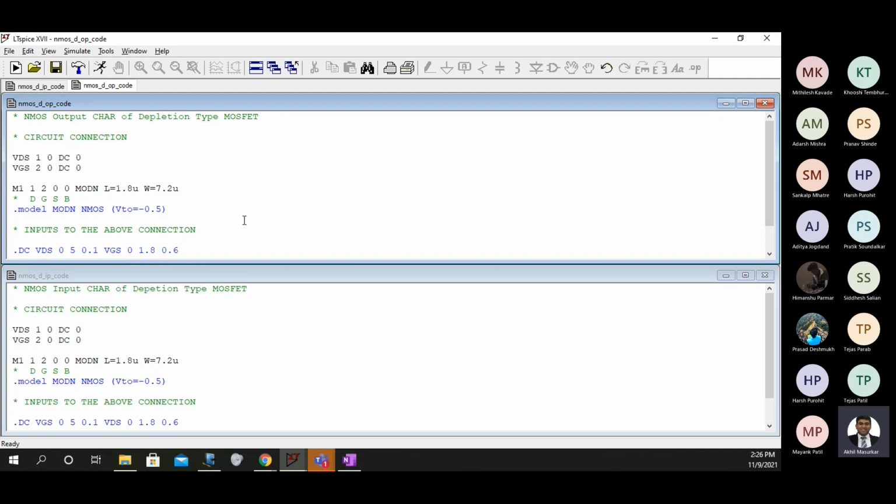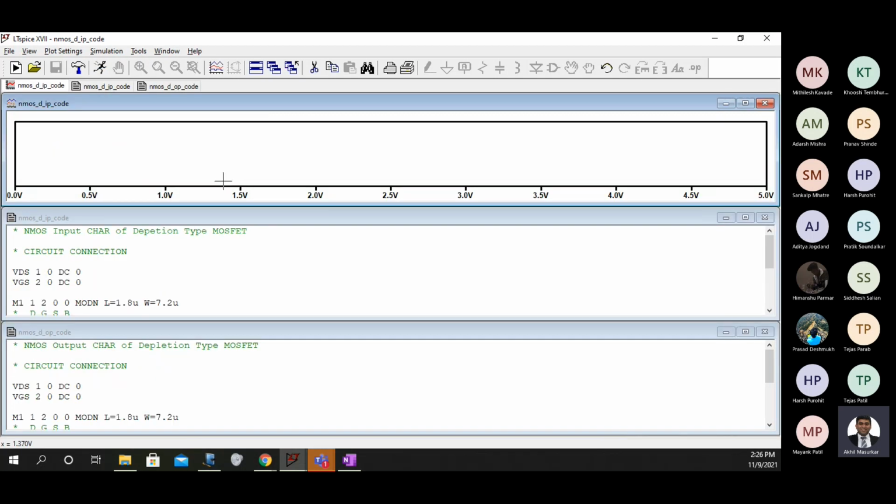Okay, so now let's simulate both the codes, starting with input characteristics.